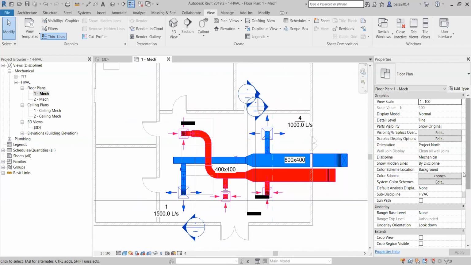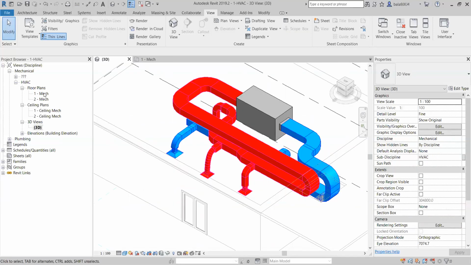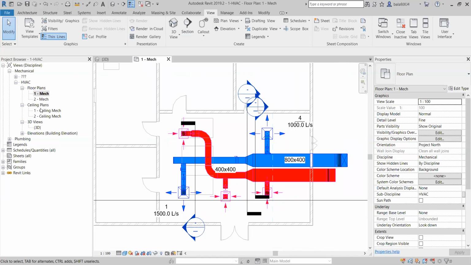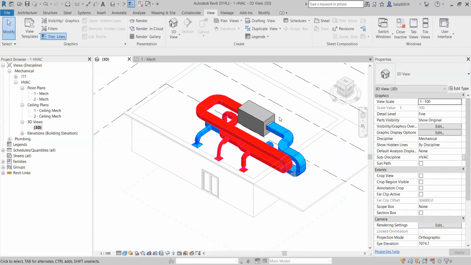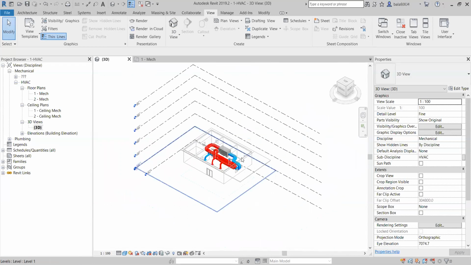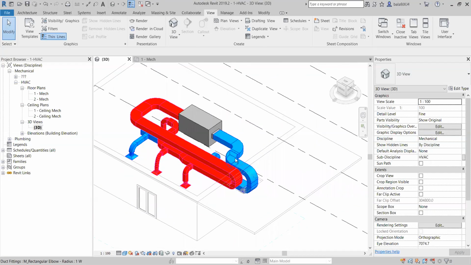Now what I do, I will create a view template from this. I will assign it. Automatically it will get updated. This is the way to show the different color identifications for the air conditioning system. See, now if you see these colors, this is from the AHU1. If you give different colors, it's a different AHU, to identify where this AHU is supplying air to the spaces.